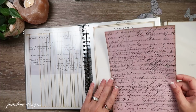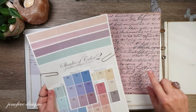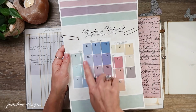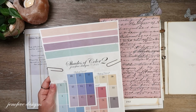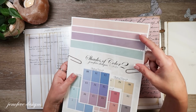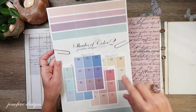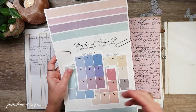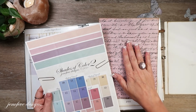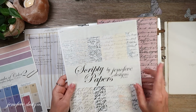And then I printed this, which is going to be the mat for it. I printed the shades of color, also available in my Etsy shop, and it's number 19. They're all numbered, 1 through 36. The color that is number 19, in the PDF it is page 19. I can't always do that with the PDFs, but this one does work out that way because the index sheets are in the back, at the very end of the PDF. So this is number 19, and I printed that onto white cardstock,